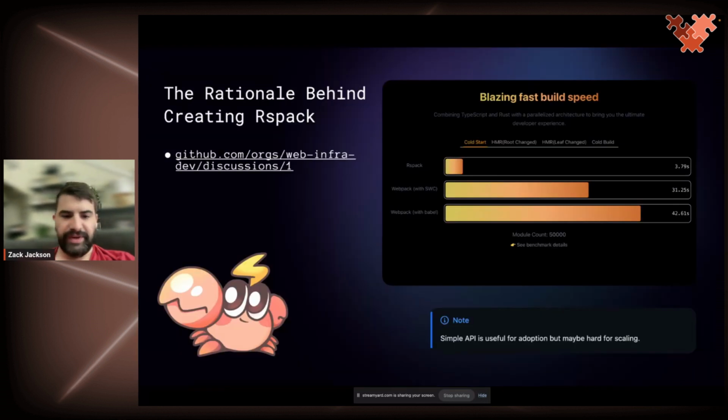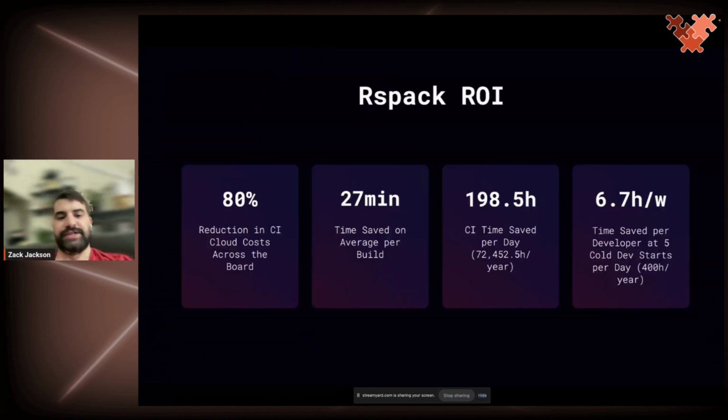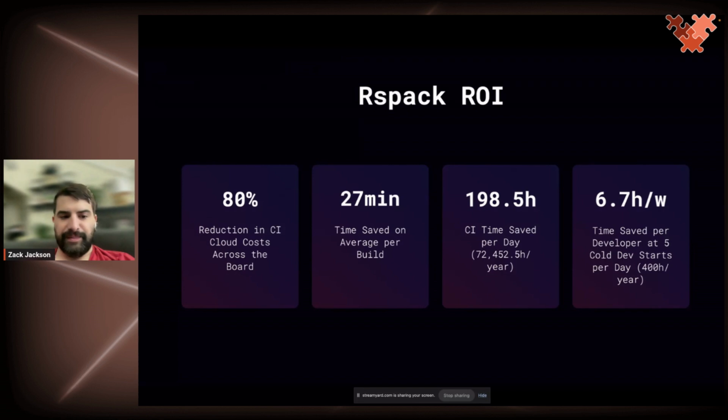If you want to read a bit about the rationale behind it, you can go to our Git org, where we had a really good discussion, or just Google the rationale behind creating Rspack, and you'll see the document pop up. You can read all the research and development that we did, everything else we rewrote before deciding on Webpack's API and rewriting it in Rust as the only way to support our business. So, getting into the ROI of it, since we have this data here,